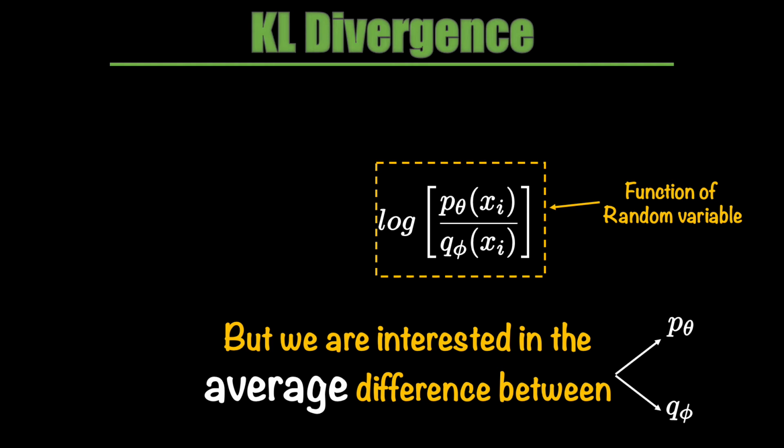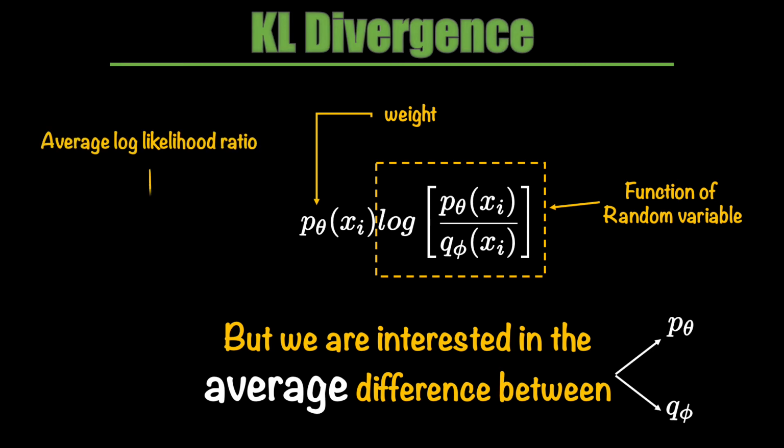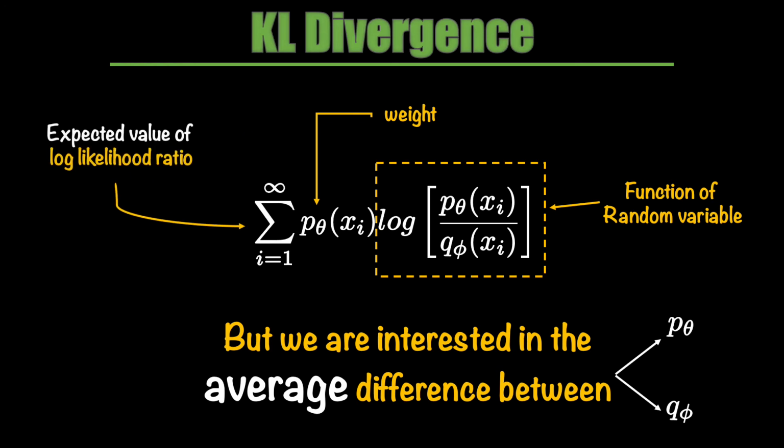Now, with the expected value primer out of the way, you should be able to see that our log likelihood ratio is nothing but a function of a random variable. And since we are interested in the average of this function, we should be able to use expectation. And so to get its average, we need to first weigh it using the probability of our sample and then simply compute the sum as I showed you earlier. To be correct, instead of saying average of log likelihood ratio, I should say expected value of log likelihood ratio. And this, my friend, is what KL divergence is,